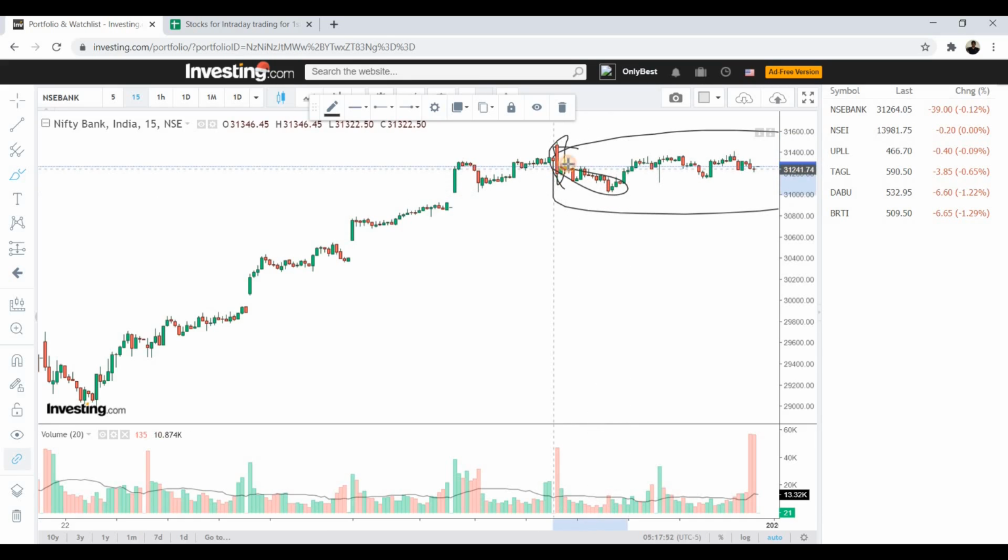There was not even a single sizable candle on a 15-minute chart. It was just moving slowly and there was no direction to it. As you can see, this particular level right here, around 31,000, was a strong support level. And at the end of the session, the support level was elevated to 31,160,